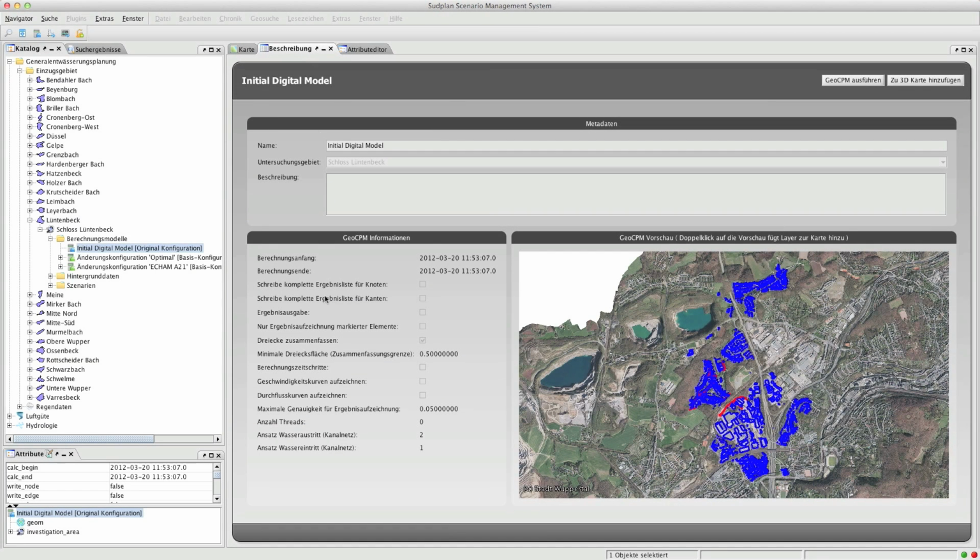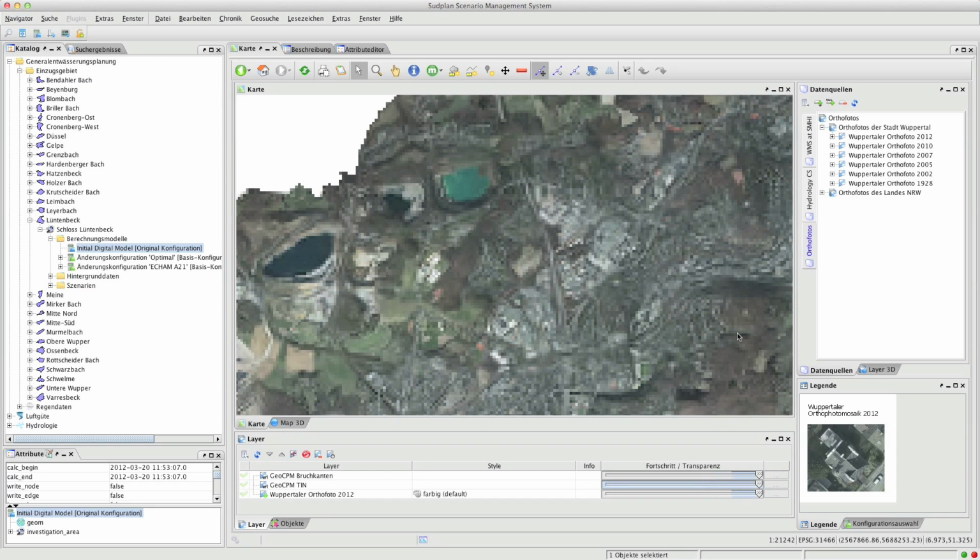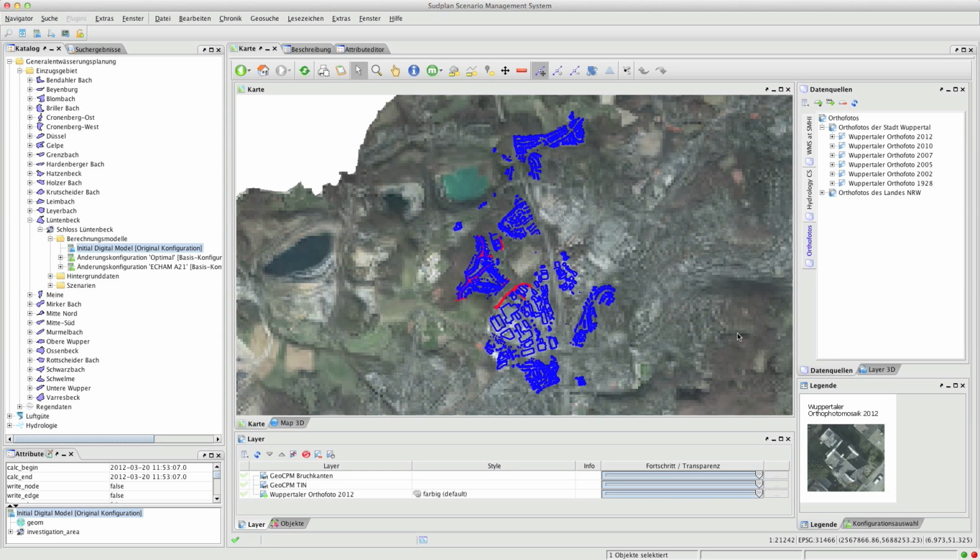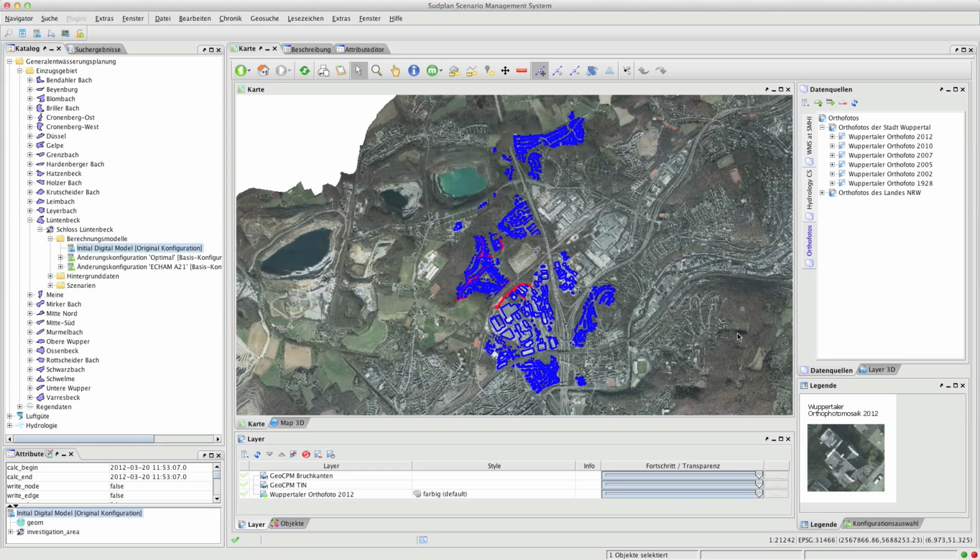On the left of the description pane, we see the global settings section of the configuration, which is not editable for us. And on the right is a map preview. We can double-click the preview and the mapping component shows us the actual imported data. The blue lines represent building break lines, whereas the red ones are boardwalk break lines. Additionally, if we zoom in far enough,